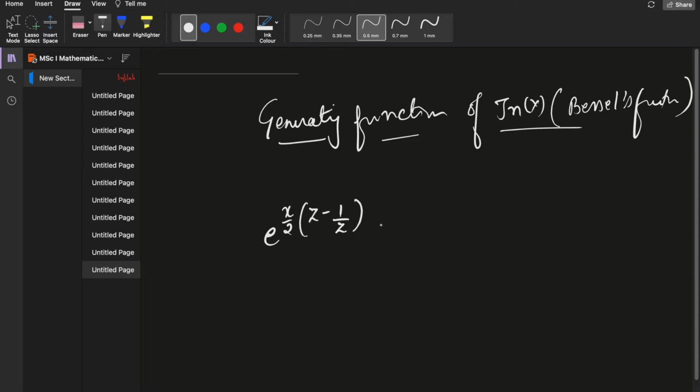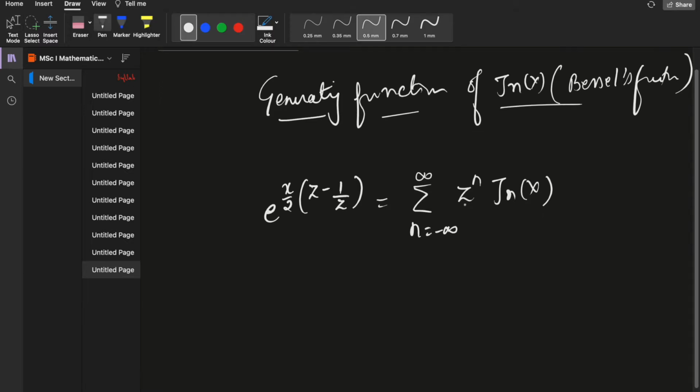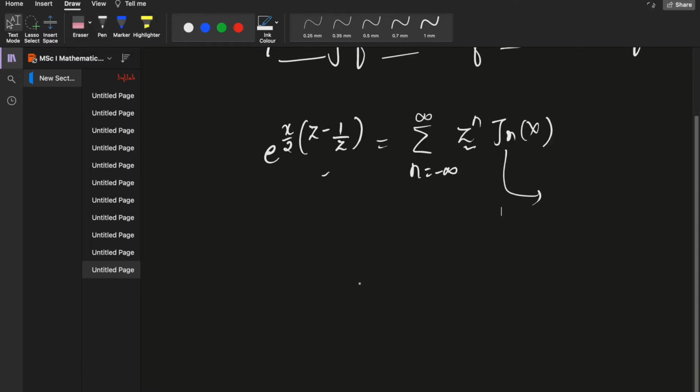z) is equal to the summation n tends to minus infinity to plus infinity z to the power n J_n(x). Right. So this means that if we compare the coefficient of z to the power n on both sides, we will get J_n(x). If we remember, J_n(x) was the generating function,